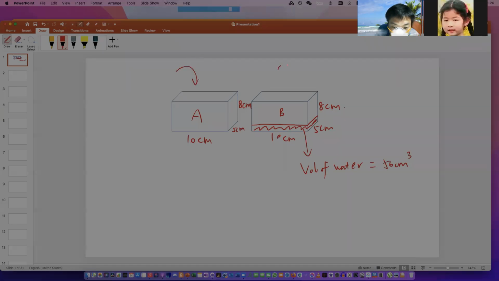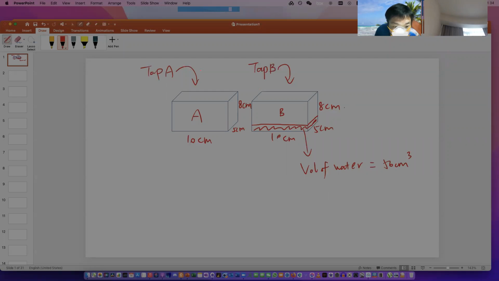And then you have both tap A and tap B. The rate of tap A is 10 cm cube per minute, and the rate of tap B is 5 cm cube per minute. Okay, and the question asks